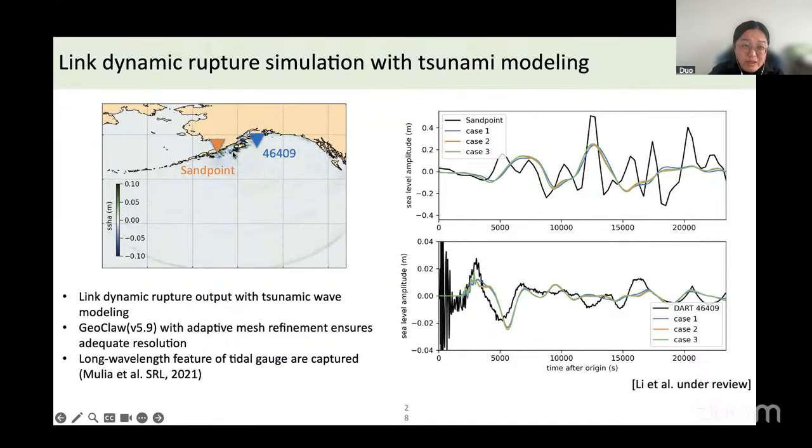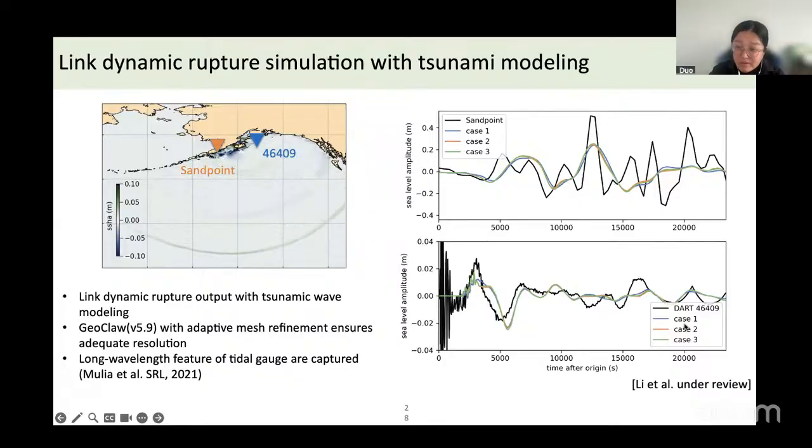The movie on the left shows the propagation of the tsunami wave, and we pick two stations. One is a tidal gauge in the coastal area, and one is an open sea DART station, which is the blue dot. We compare: the black line is the records, and the colorful lines are three models with a little bit of difference in the magnitude and the slip distribution. We see the tsunami simulations are almost the same,